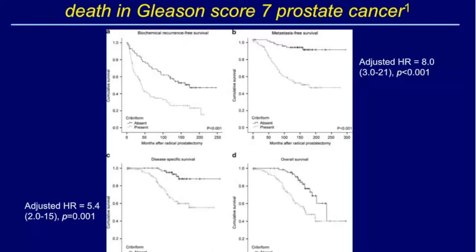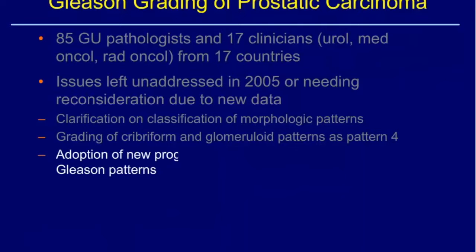So the Cribriform pattern is important. It's important to mention. I think we need to start doing that as pathologists now. We need to start telling you, if you've got a Gleason 7, if there's a component of Cribriform, that's information you need. The other thing that really was impactful out of the 2014 meeting was an adoption of